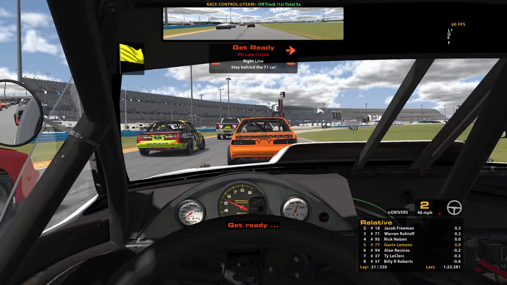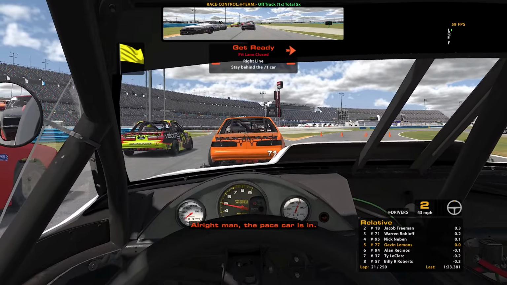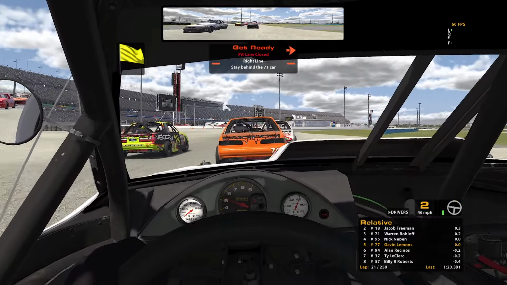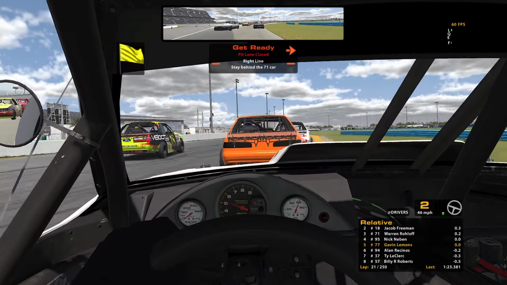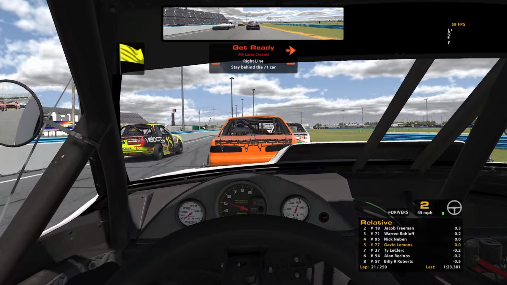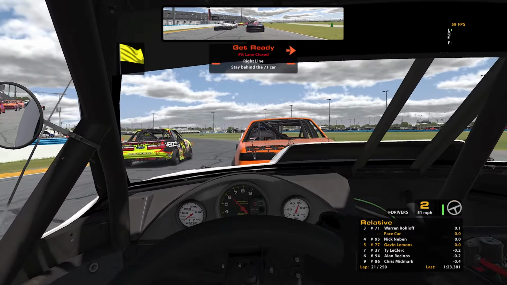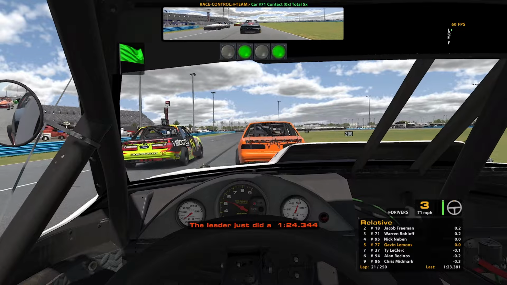Let's try and get a decent start here. We got Warren just ahead of us. 8 cars in. Jacob. And Kale on the front. Green flag. Oh, green flag. You're in 5th place. I thought he was going. Leader just did a